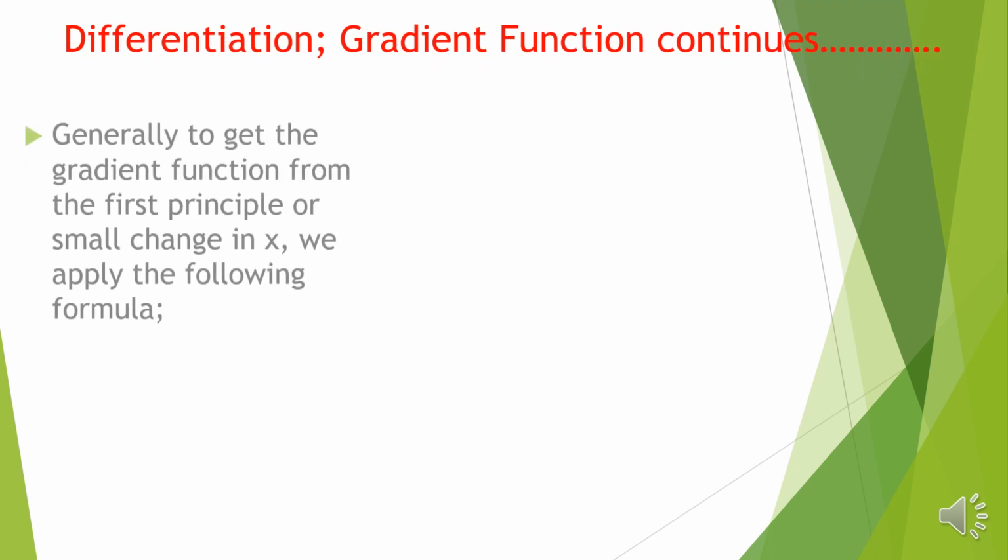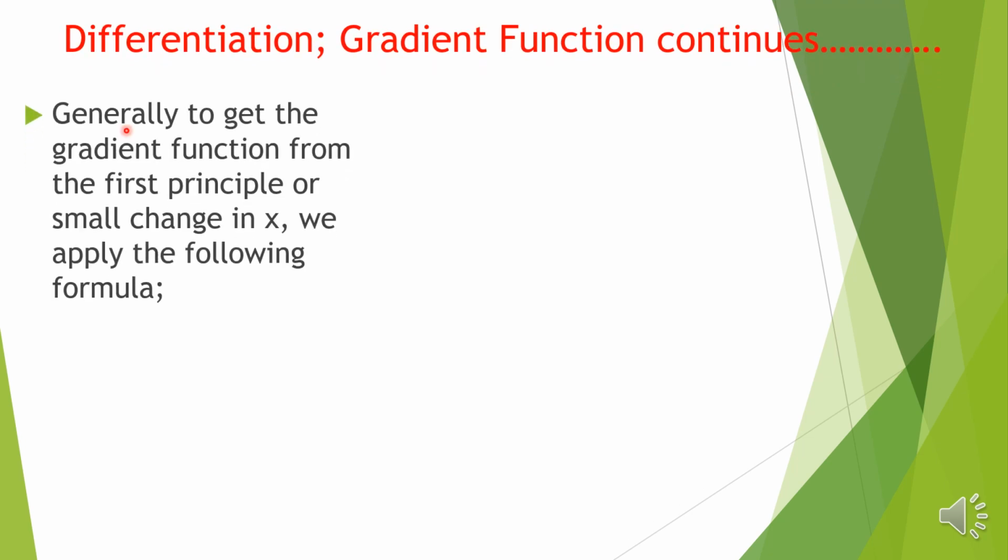Now this can also be achieved as follows: generally, to get the gradient function from first principles, or a small change in x, we apply the following formula. So instead of drawing that grid with the axes of x and y that I've already provided, we can apply this short formula, which is easy to understand and easy to follow. We say that change in y over change in x is equal to the limit as h goes to 0 of the function with a small change added, minus the original function,